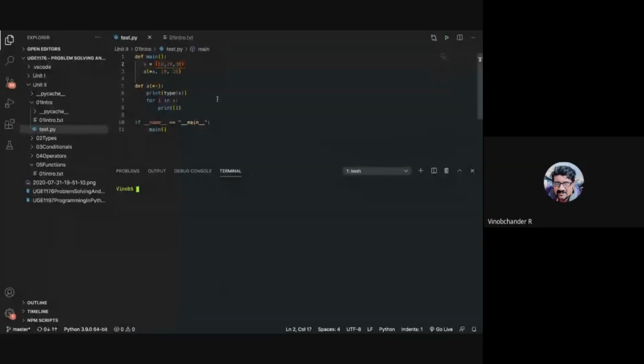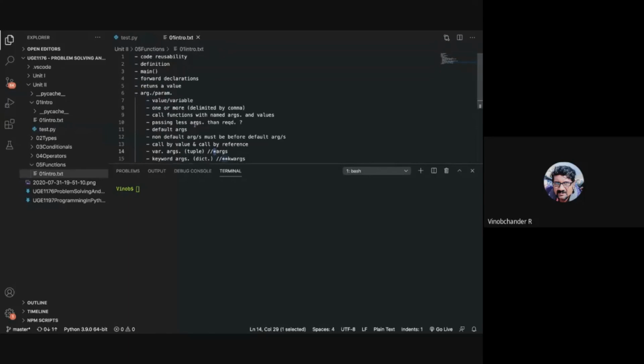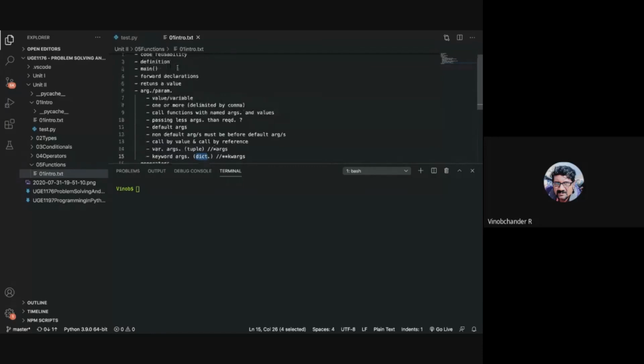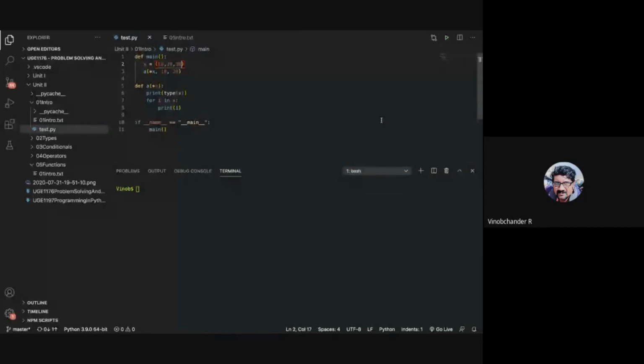Okay, so that is variable number of arguments using star X. Now you also have, somebody earlier pointed out whether that is not keyword arguments. You have got keyword arguments. Let us look at that now. So keyword arguments are also the same concept. You make use of keyword arguments for variable number of arguments, just that instead of storing it as a tuple, it stores it as a dictionary, right? And you represent that using star star rather than a single star. So let us see that with an example.